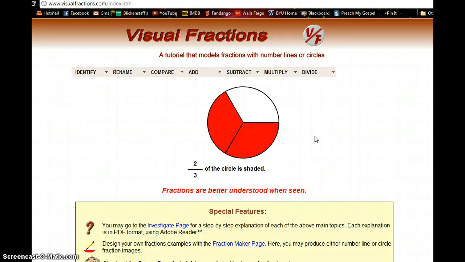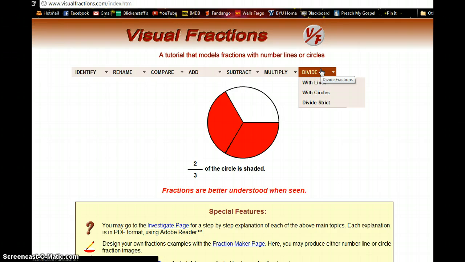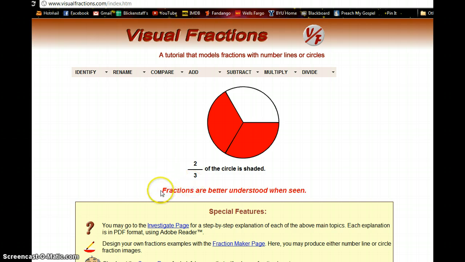This is the Visual Fractions website. You can do all sorts of different math with fractions on this website. Identify, rename, compare, add, subtract, multiply, and divide. And you can do it with different manipulatives, so to speak, with lines, circles, or just strict fractions. And I like this just because it says fractions are better understood when seen, which I